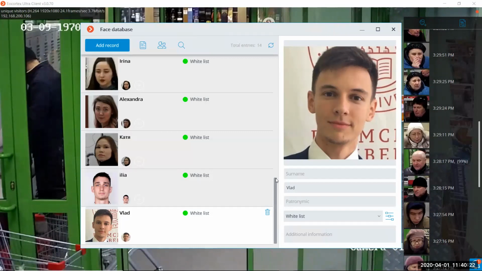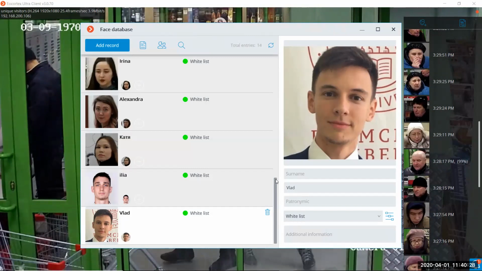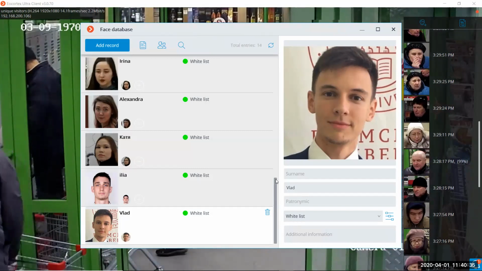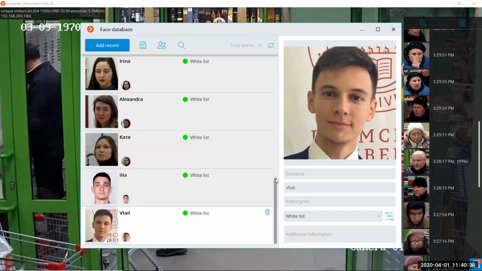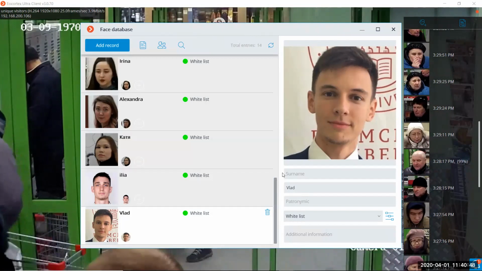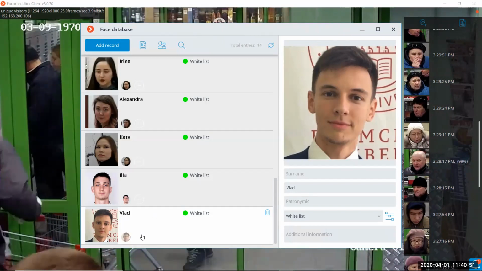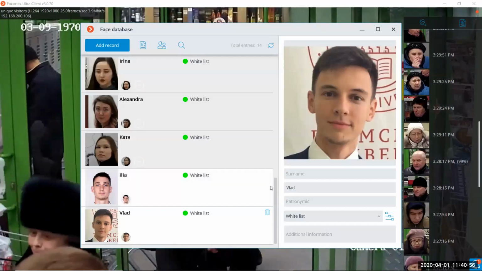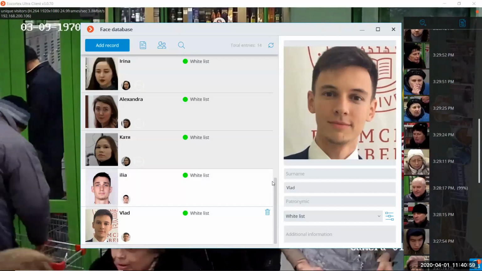control, it's better to do a small photo session to take good photos, or, for example, ask your employees to send you good quality photos for that. It can also be selfies, but it will be better than the photos detected from the camera. And also, you may notice here that you can add several photos to one person, but it's better to have only one, with good quality.